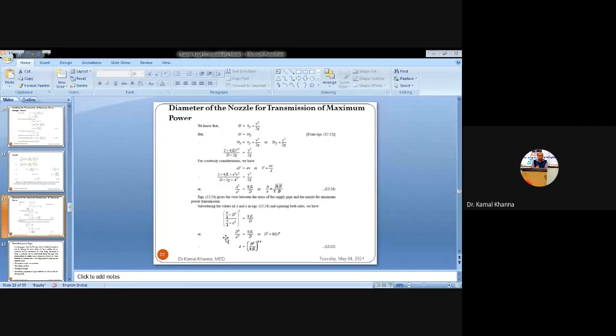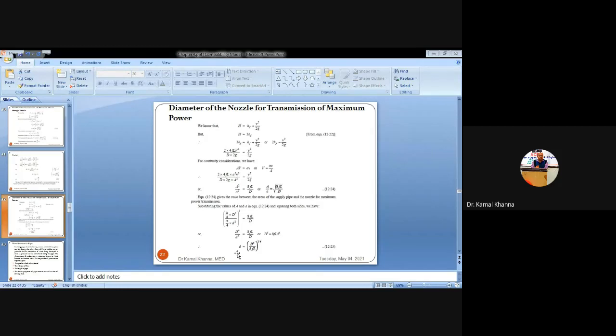Then we want to calculate the diameter of the nozzle at the exit point, that is, the diameter which is smaller at the exit. At entry it is the same as the diameter of the pipe, because we are using a converging nozzle. The entry diameter of the converging nozzle is equal to the exit diameter of the pipe, whereas we are only concerned with calculating the smaller diameter, that is the exit diameter of the nozzle. So small d is equal to capital D raised to power 5 divided by 8FL, all to the power 1 by 4.